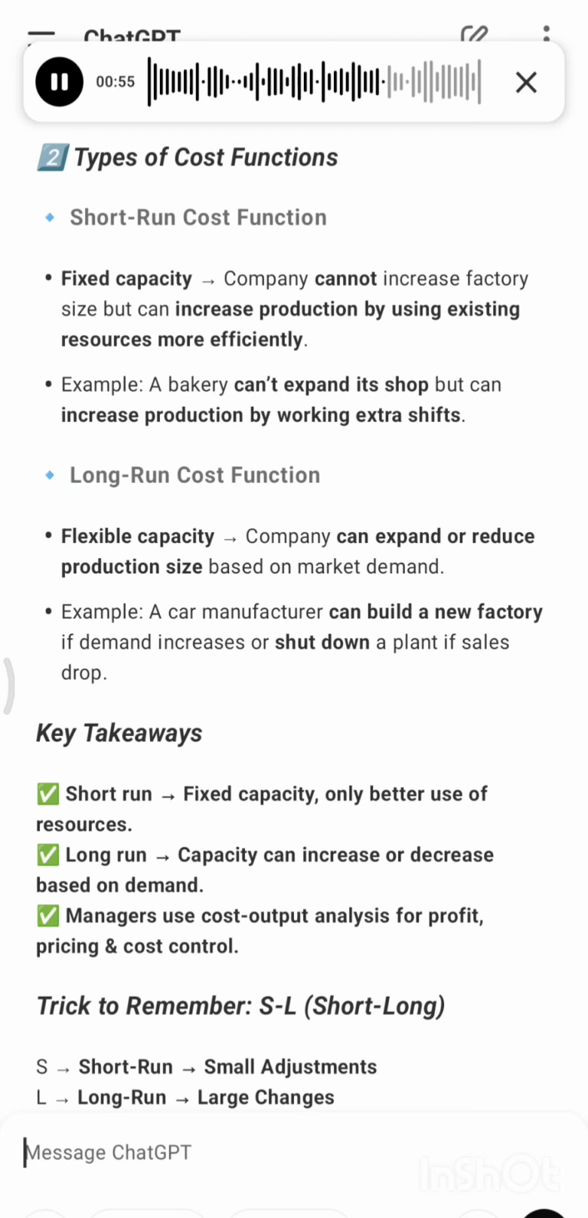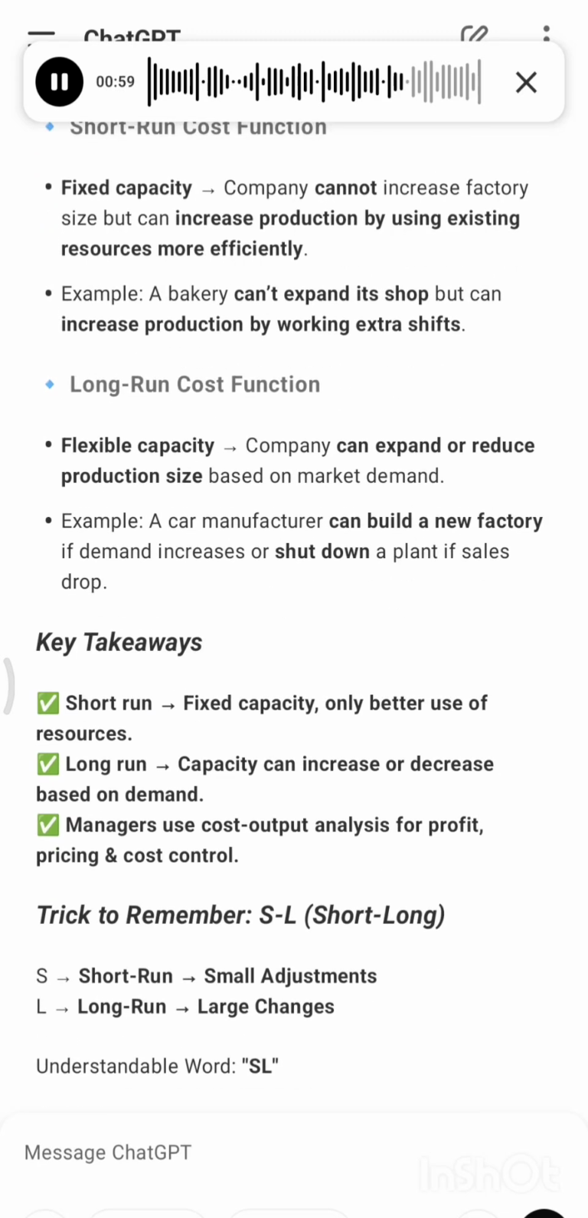Key takeaways. Short-run, fixed capacity, only better use of resources. Long-run, capacity can increase or decrease based on demand. Managers use cost-output analysis for profit, pricing, and cost control. Trick to remember, SL short-long, S short-run small adjustments, L long-run large changes. Understandable word,